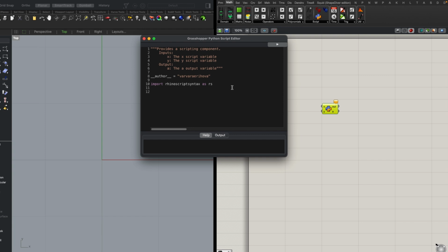So basically, it's different libraries, different things that you can put as a resource to your code. So first, you have the import stuff. Here, for example, they have Rhino script syntax. It is a language that you can use in order to program things also in Rhino without Grasshopper, etc. But I don't suggest to use this one. I usually prefer